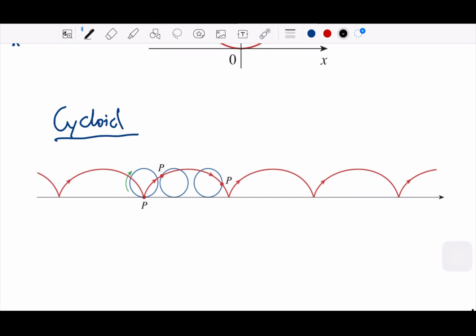This red curve is what we call the cycloid. So the cycloid came from the change of the point on the circle when the circle is rolling. And then it will go like this all the time. And as for your reference, the cycloid, if you imagine,